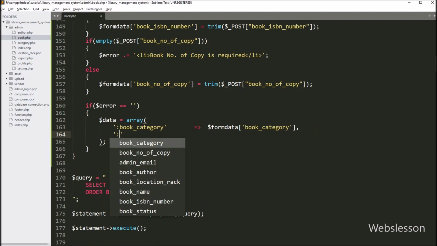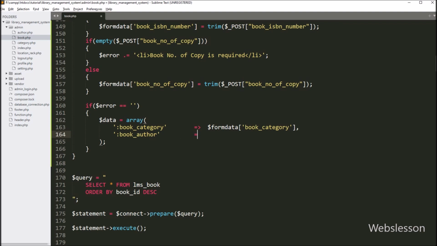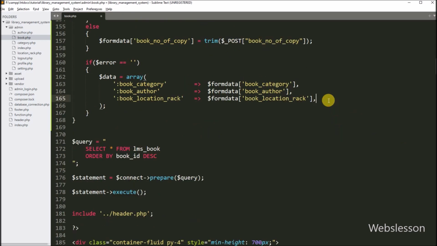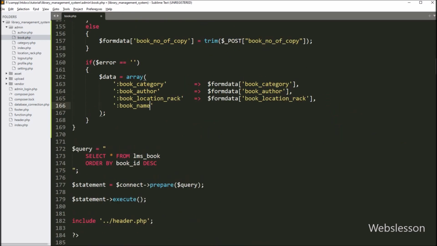In the array second key, we have to write book author, and in value, $form_data book author variable. In the array third key, we have to write book location rack, and under value, $form_data book location rack variable. Under the array fourth key, we have to write book name, and in value, $form_data book name variable.